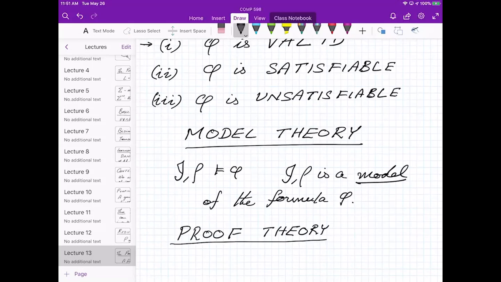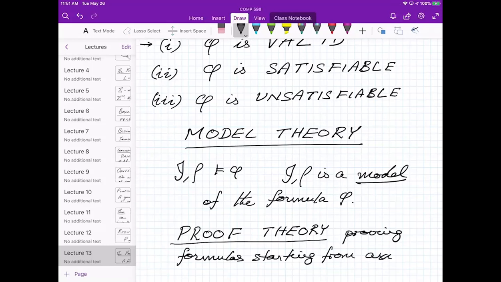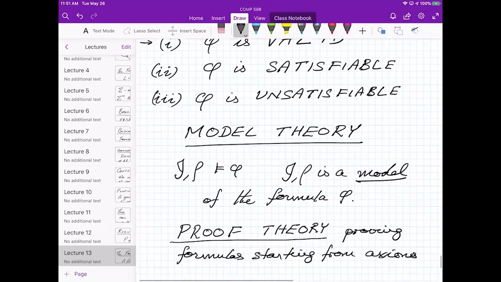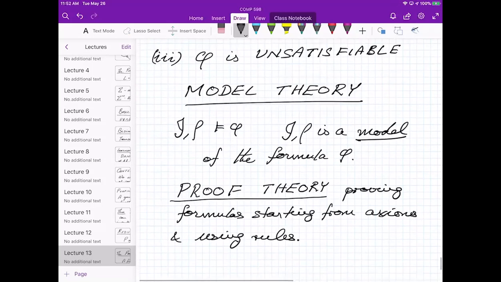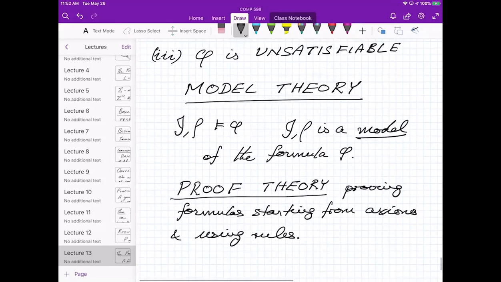Proof theory is based on proving formulas starting from axioms and using rules. One important thing to keep in mind is that these are completely different things. People just absolutely confound them. The reason they confound them is because they're closely linked, but not definitionally.